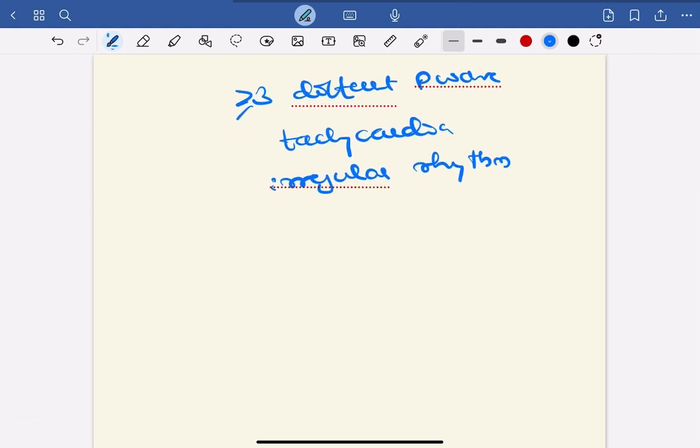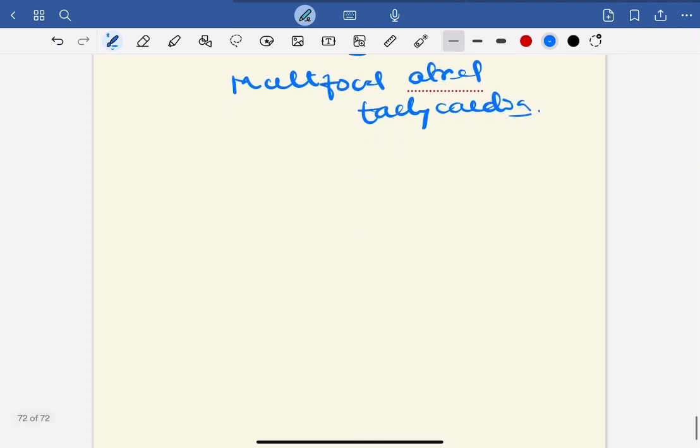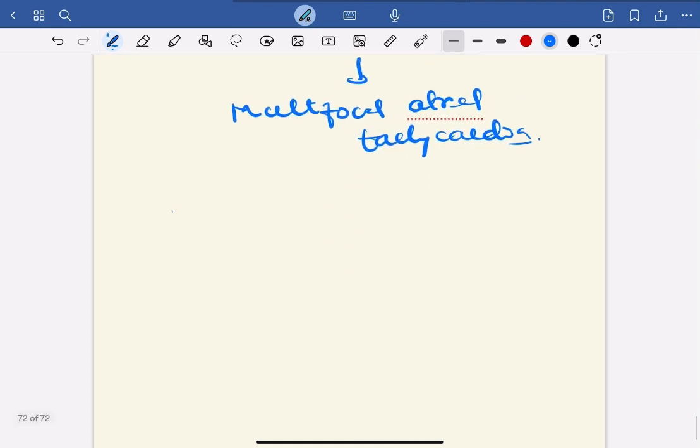So it makes the diagnosis of multifocal atrial tachycardia. If you want me to show it pictorially, see, if the sinus node generates electricity,